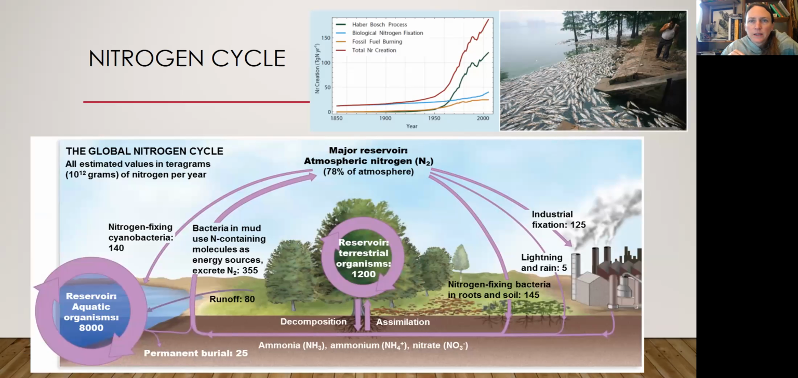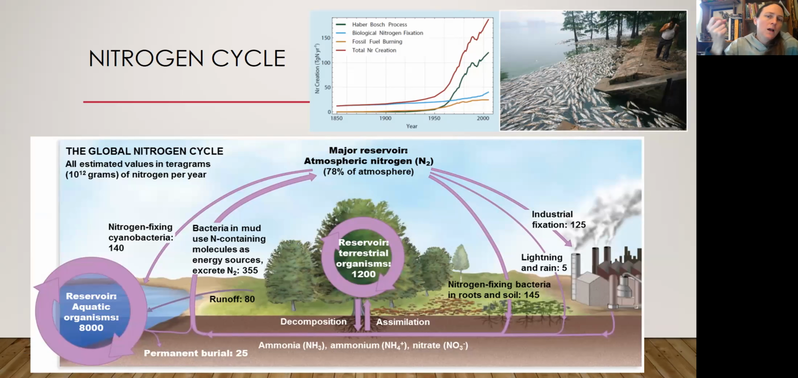Here's the nitrogen cycle. So we have been adding a whole bunch of extra nitrogen to the system, to all ecosystems, through what's called the Haber-Bosch process of creating fertilizer. That's what's called industrial fixation. So we have this major reservoir of atmospheric nitrogen, and then industry, through making fertilizer, can pull that out of the